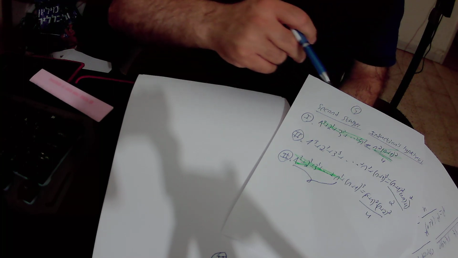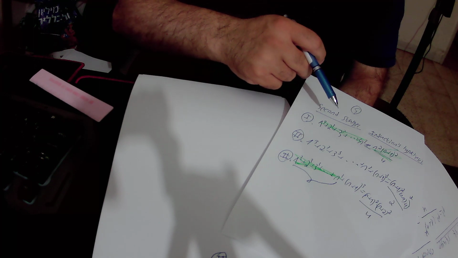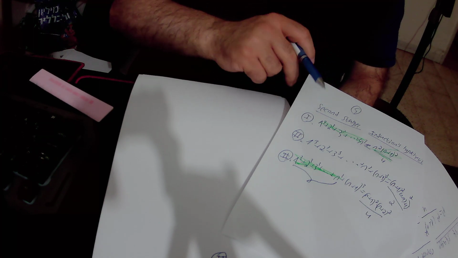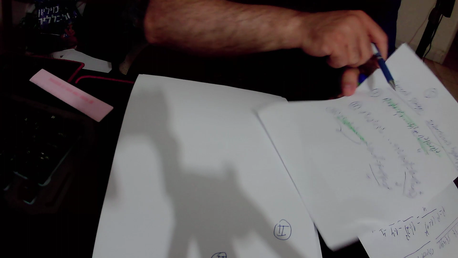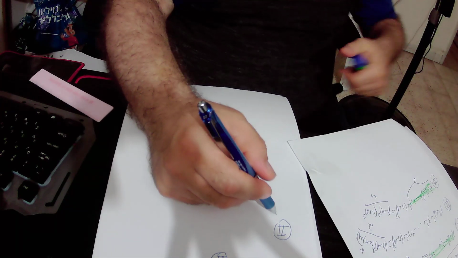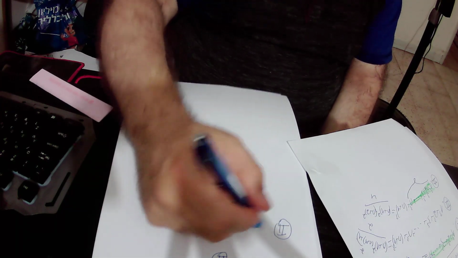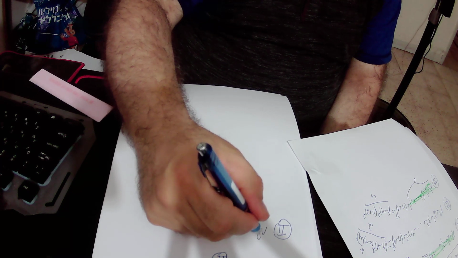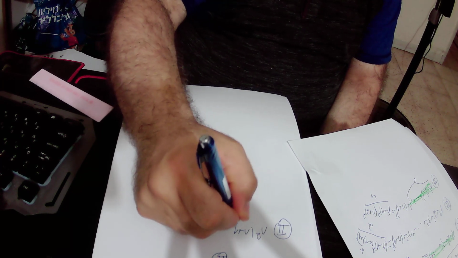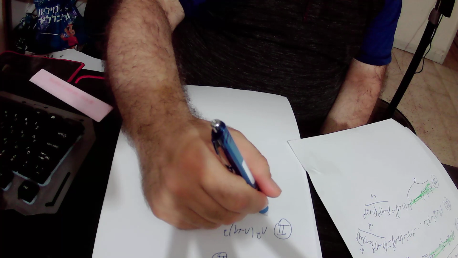We substitute one by another because they are equal to each other. Okay, so we write n squared times n plus 1 square all divided by 4,